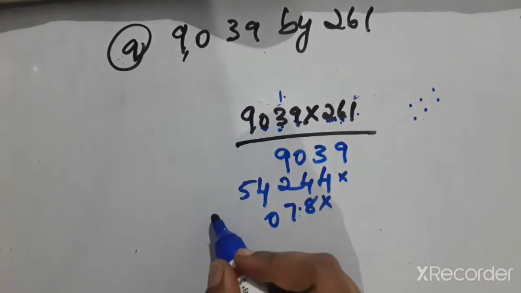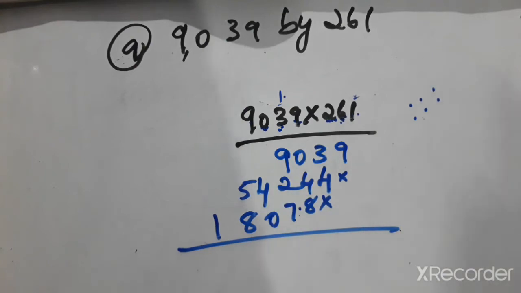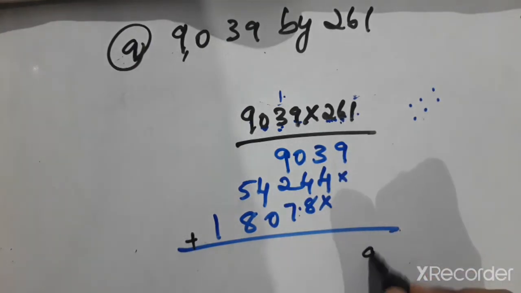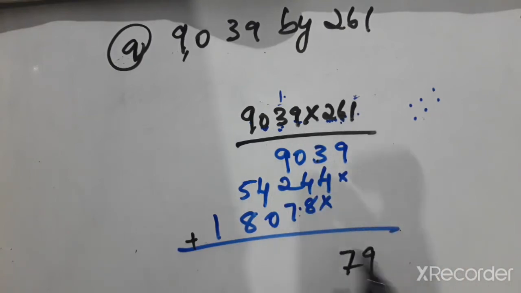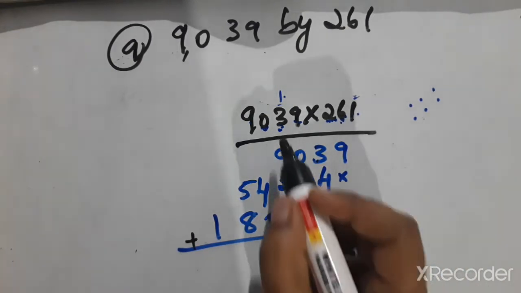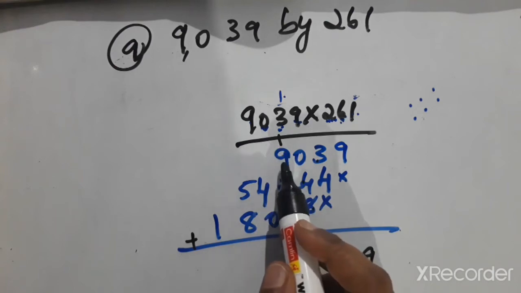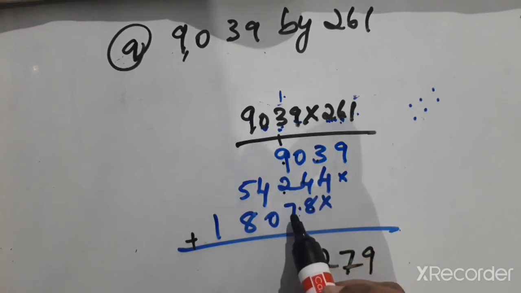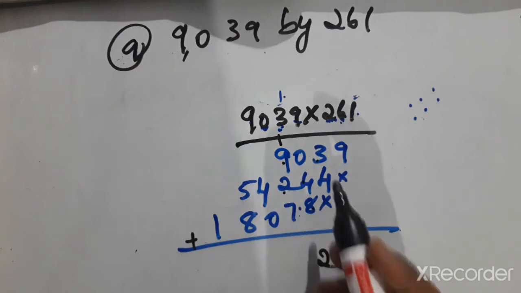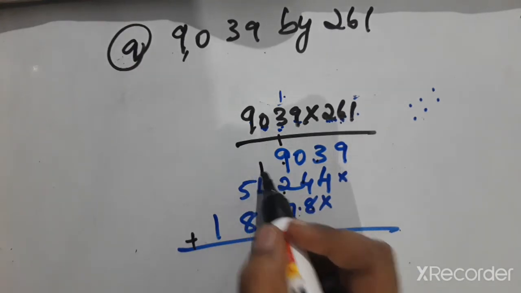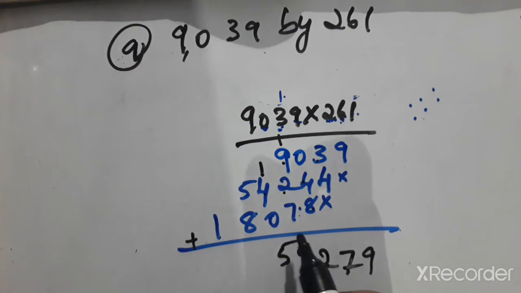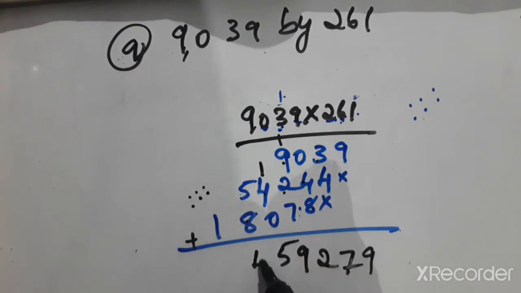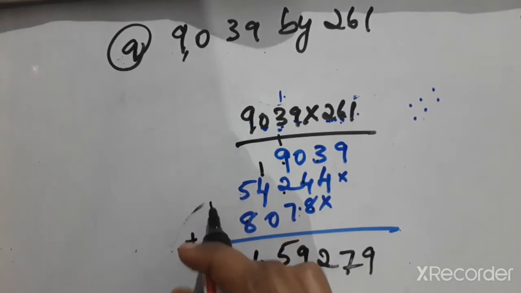2 9s are 18. Now find the total of this number. Here we have to plus. Add it. 9. 3 plus 4 is 7. 8 plus 4 is 12. 2, 1 carry out next place. 1 plus 9 is 10. 10 plus 2 is 12. 12 plus 7 is 19. 9 here. 1 carry out next place. 1 plus 4 is 5. 8 plus 5 is 13, 14. So 4. 1 carry out to next place. So 2.